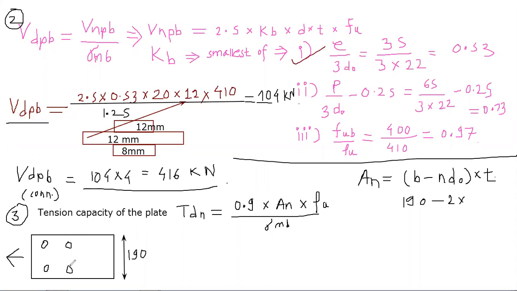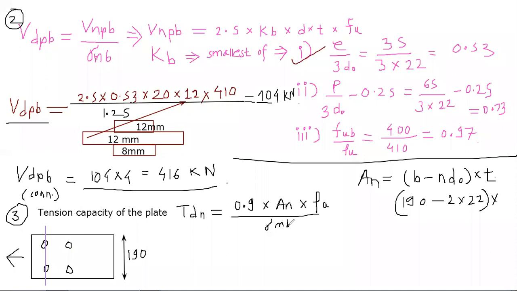Okay. This is your number of bolts in critical section. I have drawn it here. Okay. 2 multiplied by the diameter of the hole, which is 22 mm, bracket complete, multiplied with the thickness. Now thickness is the main thing. How are you going to calculate the thickness? We have only one main plate and we are having the chain bolting. Okay, we are having the chain bolting.